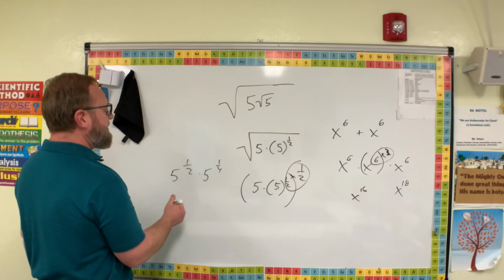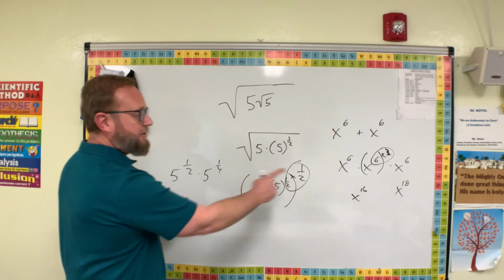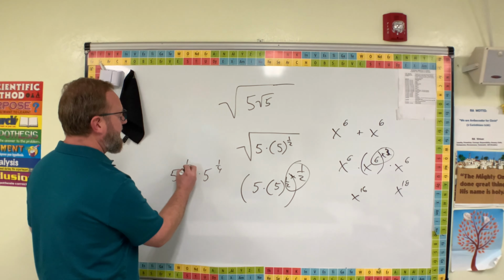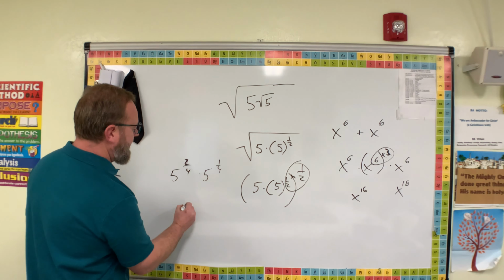And in order to combine those at the end, I need to have the same denominator, because here I know I'm adding my exponents just like I did there, so I can't add 1/2 and 1/4, can I? I can add 2 over 4 to 1/4, and I get 5